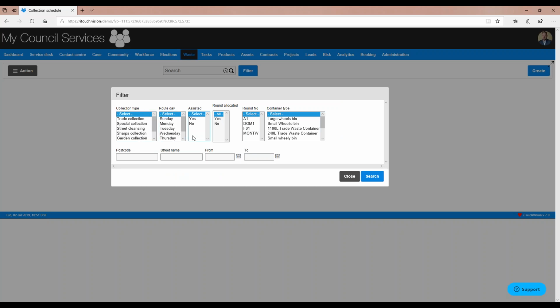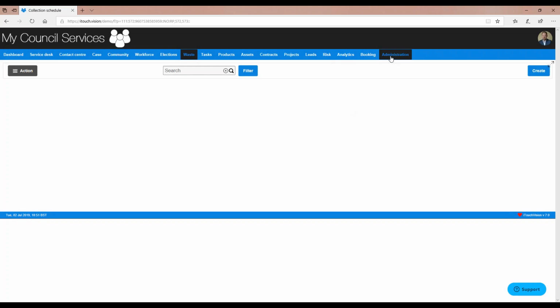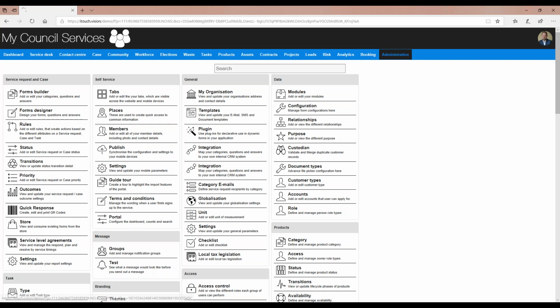So effectively to produce reports against that data, be that live data or historical data. So the waste console gives you that. And then if I jump across to the administration screens, what you've got here is really all of the kind of